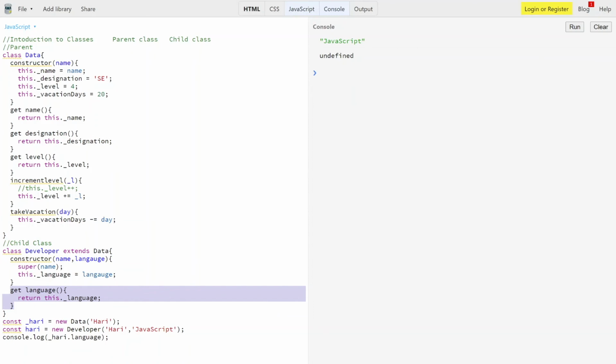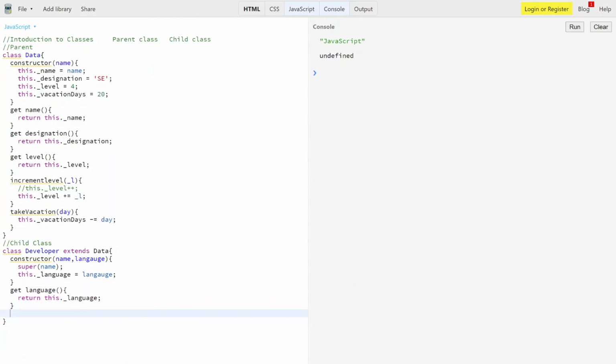And then we have something called the static keyword. So let me create one more thing over here with static. Okay, let me clear it out. And then we have a static keyword over here, which is, say, generate password. Say I want to give that password to a new employee. So we have _data, say pass.